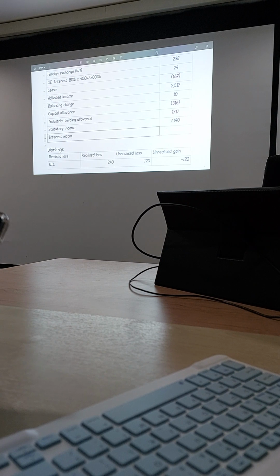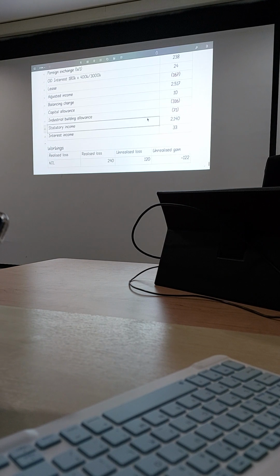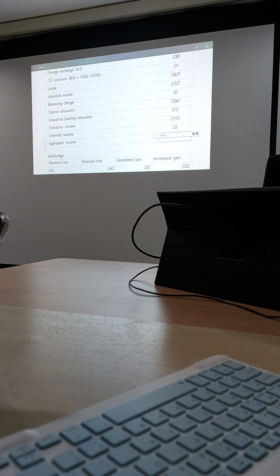interest income, which was 33. Remember the 33? Okay. Then you got your aggregate income. Then you have your donation. 0 because not allowed, because both also not allowed, nothing was allowed. Therefore, then you got your chargeable income. And you get tax at